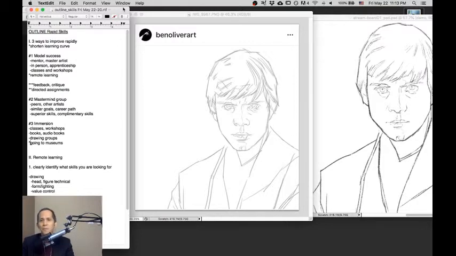Okay, second, mastermind group. What does that mean? A mastermind group is basically, in modern terms, your peer group. It's the people you have around you. Now, I think we all know that if you have other people around you who are also, ideally, better than you. Let's say you spend time with a group of 5 artists, and they're all better than you. They're all professionals. They're all working. They're all in galleries, whatever. Guess what? If you spend enough time with them, you're probably,